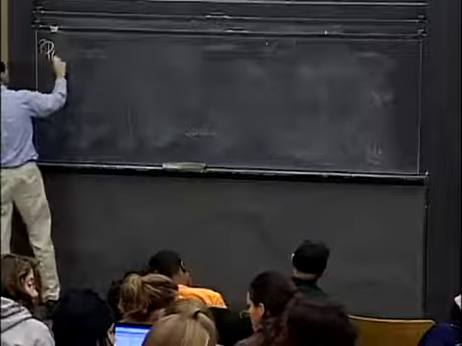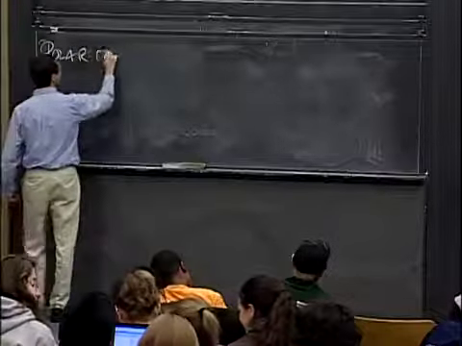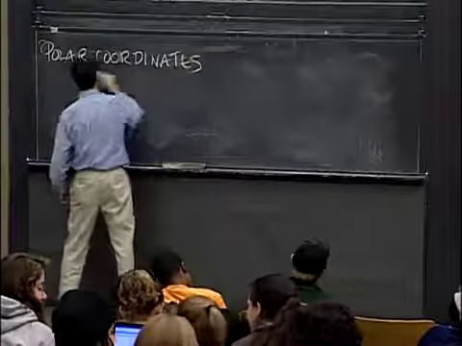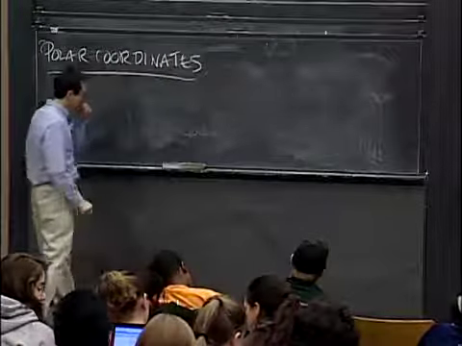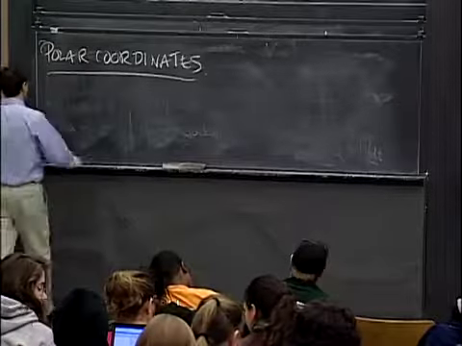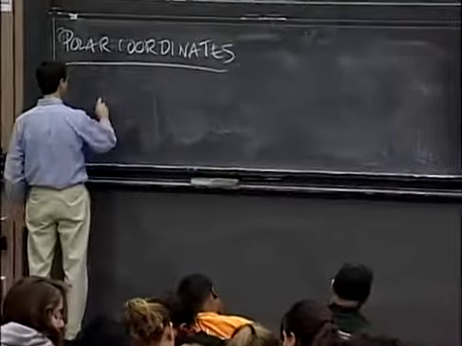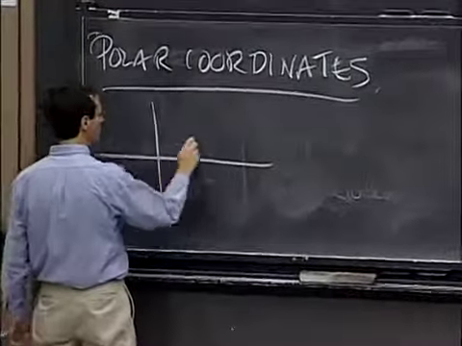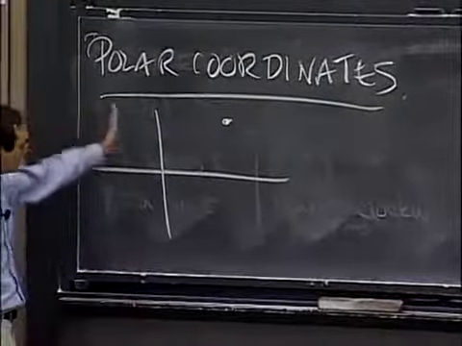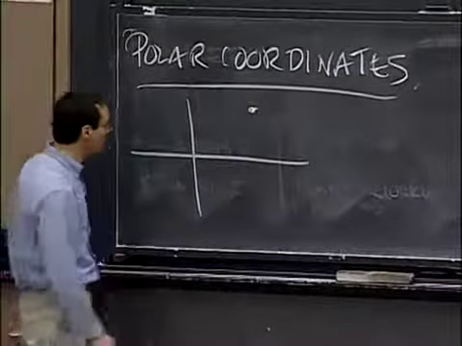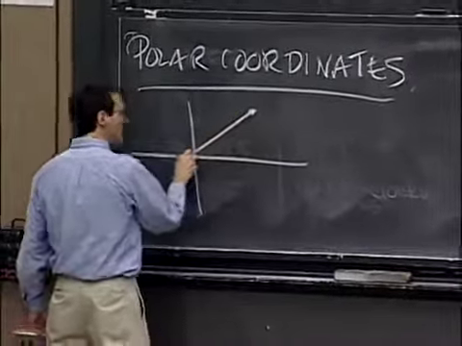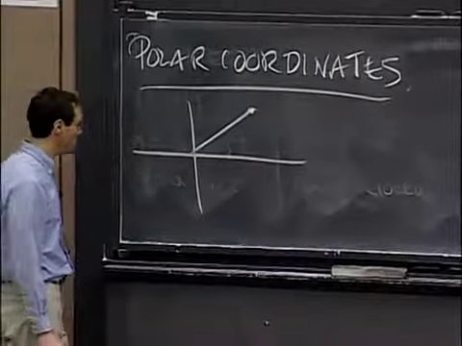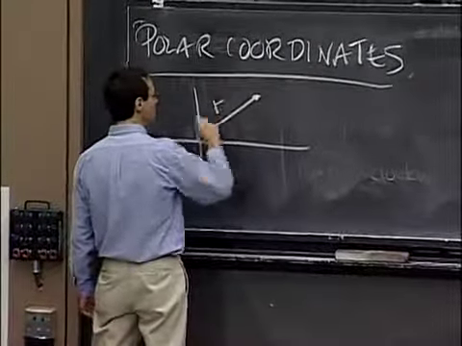All right, what we're going to talk about now is polar coordinates, which are set up in the following way. It's a way of describing the points in the plane. Here's a point in the plane, and here's what we think of as the usual xy axes. And now this point is going to be described by a different pair of numbers, namely the distance to the origin,